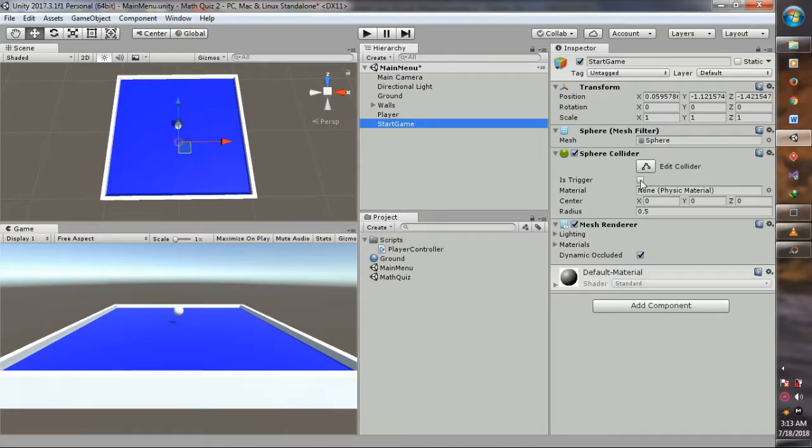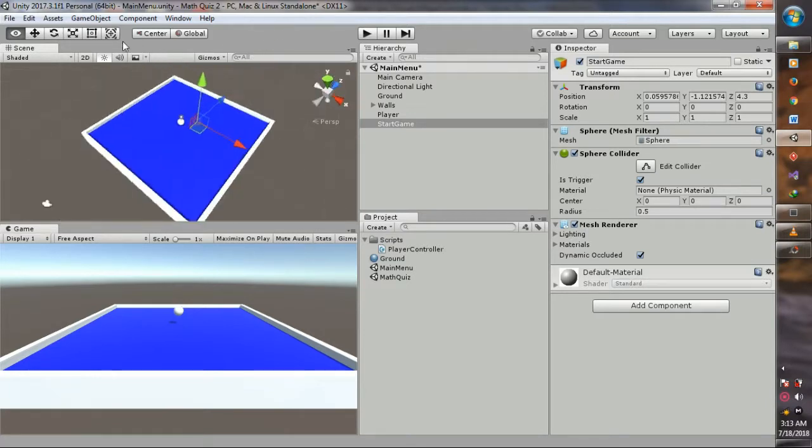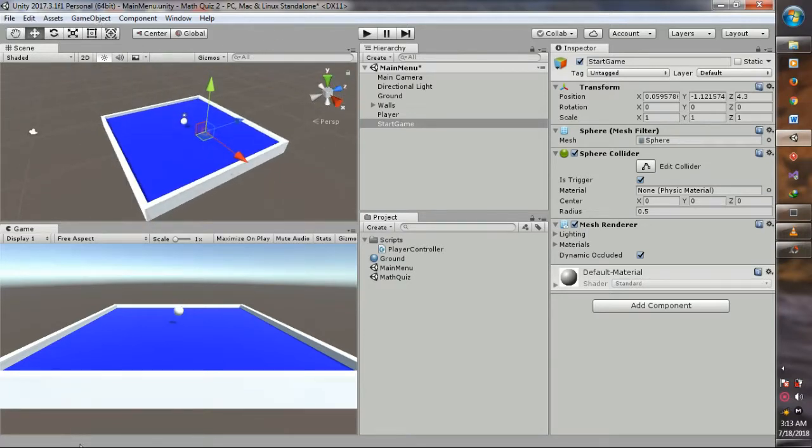Set it with is trigger, and let's set the sphere until it's viewed in the scene, and then scale it for the sensor.